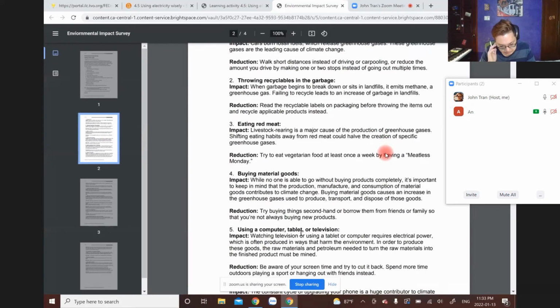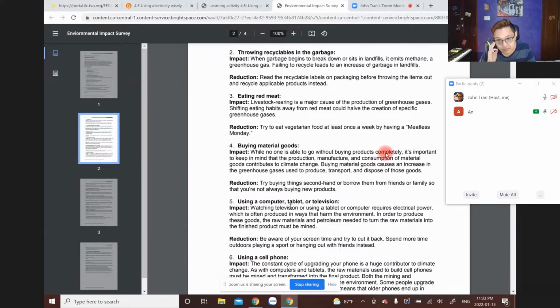Using a computer, tablet, or television impact: when you use every device, it eats up a lot of electricity. Of course, if you use a bigger TV like a plasma TV, very wide screen, it consumes a lot more electricity. And electric power has to come from somewhere, right? Either fossil fuel or alternative sources. But most likely fossil fuel,